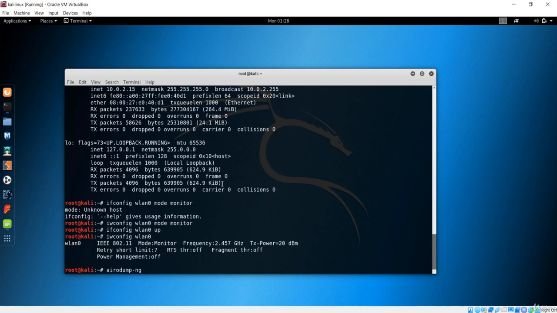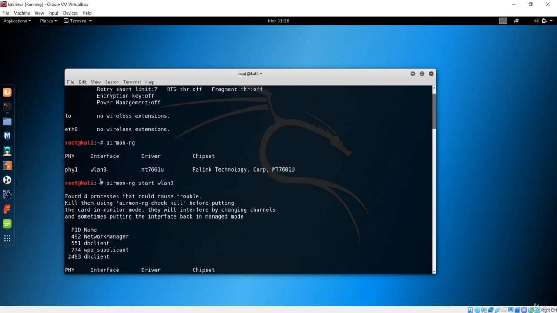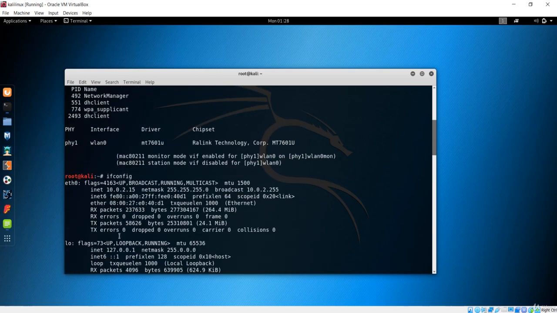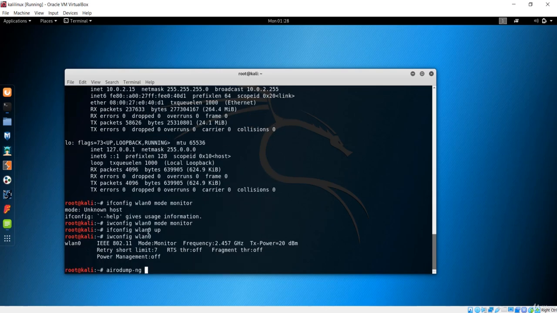Now in the previous case, which was done in the previous lecture, we just used airmon-ng, and airmon-ng was the application that gives us the monitor mode. But the name, you could clearly see, was changed from WLAN0 to WLAN0mon. In this case we didn't change the name, so the name is WLAN0 only. We didn't change it to something like WLAN0mon, we just kept the same name, which is WLAN0.